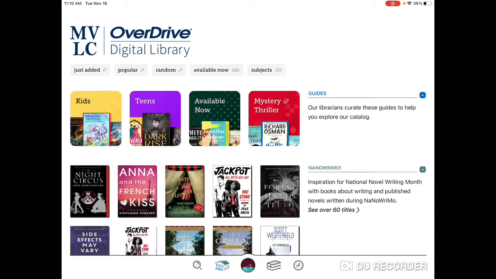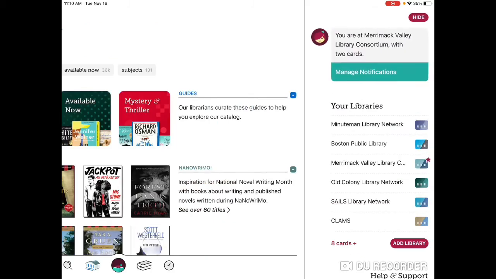We are fortunate in Massachusetts to be part of a statewide system of sharing resources. This means that you can add other networks to your Libby device using your home library card and have access to those resources. To add another network, open your Libby app and tap the Libby icon in the center of the bottom navigation bar. This brings up your side menu. Tap Add Library,